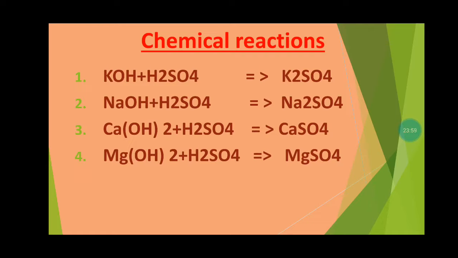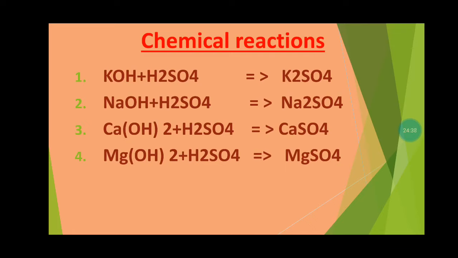Now you can see acids involved in these reactions. These acids are all H2SO4 in these chemical reactions. H2SO4 reacts with NaOH, then we get Na2SO4. H2SO4 reacts with calcium hydroxide, it is giving rise to calcium sulfate, meaning CaSO4. H2SO4 reacts with magnesium hydroxide, it is giving rise to magnesium sulfate, MgSO4. Please remember children, here all salts are formed along with the formation of water molecule.